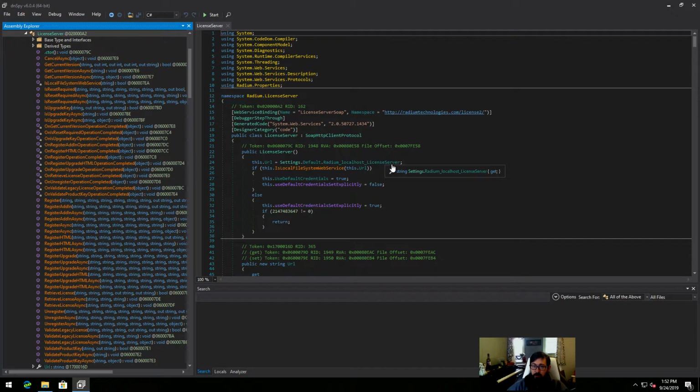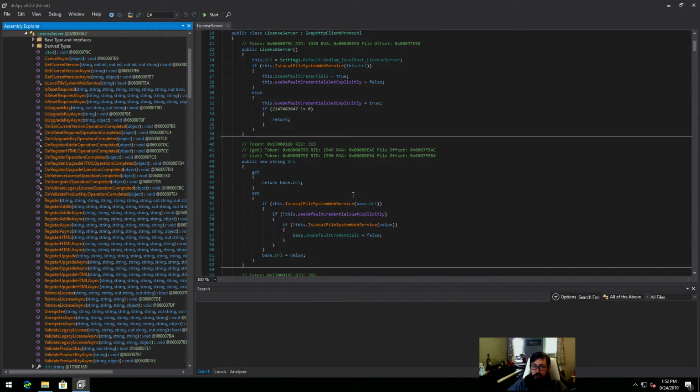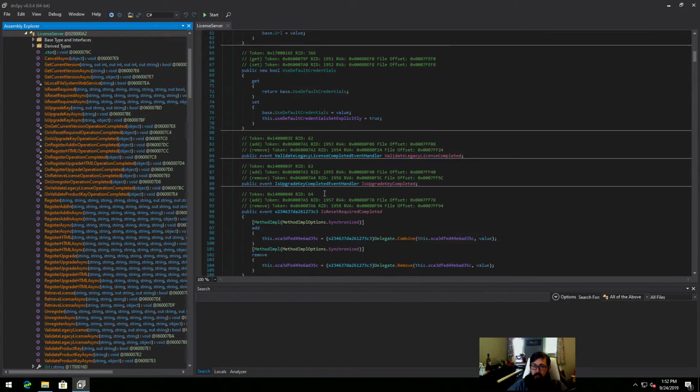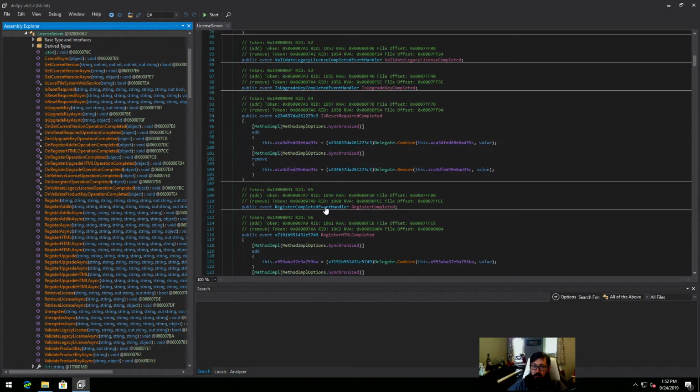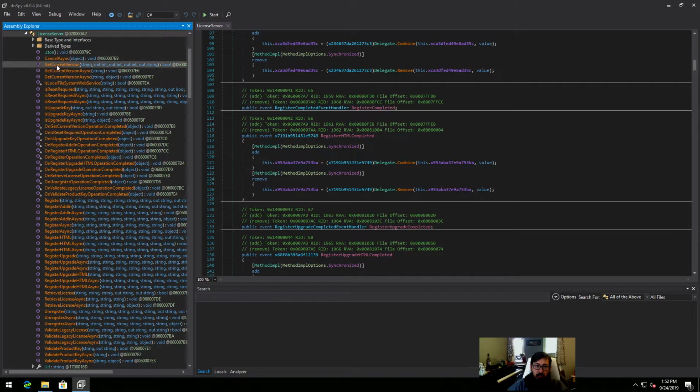URL Radium localhost license server. URL, default credentials. Let's see here. We have on register add-in, on is upgrade key, on validate product key operation completed, register,